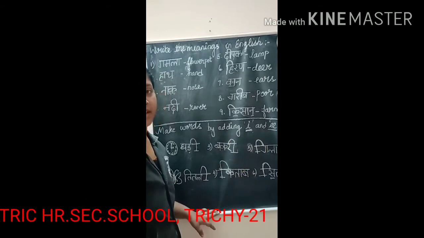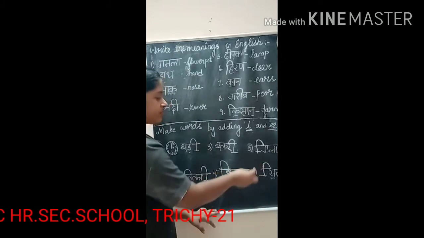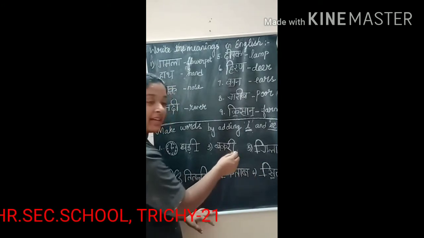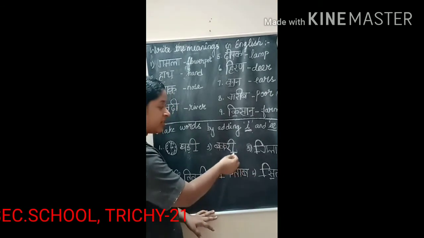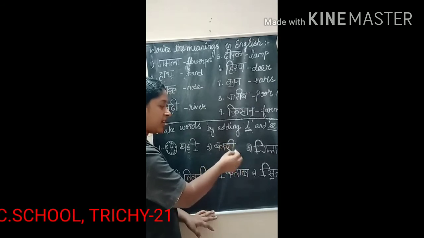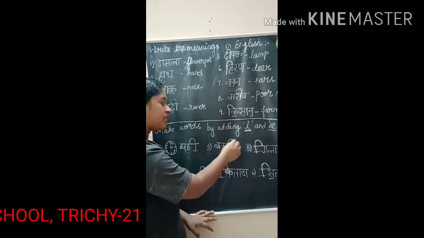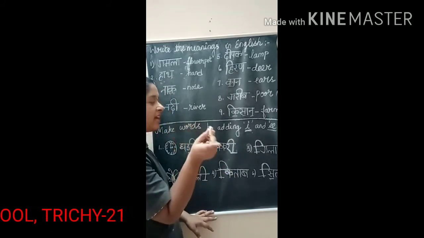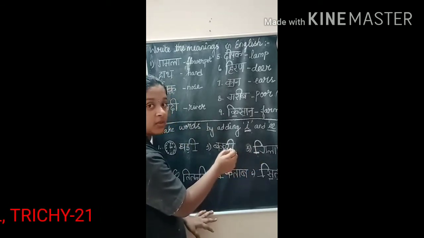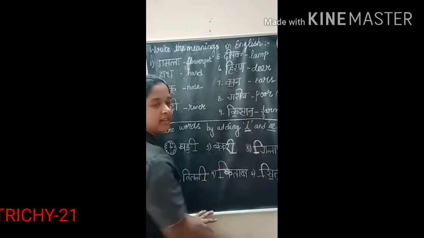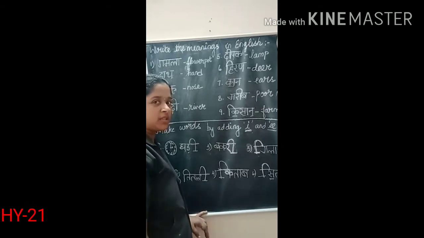Hope you have understood, children. It's very easy. And one more trick is there to understand. If the blank is coming at the left side of a consonant, then we have to use one symbol of E. That's one trick. And another one is that if the blank is coming at the right side of a consonant, then we will use the other symbol of E. So this is also a way you can keep in mind how to use the symbols of E.